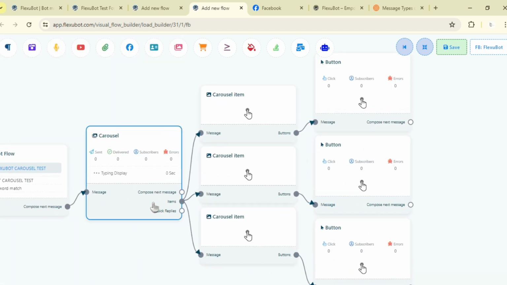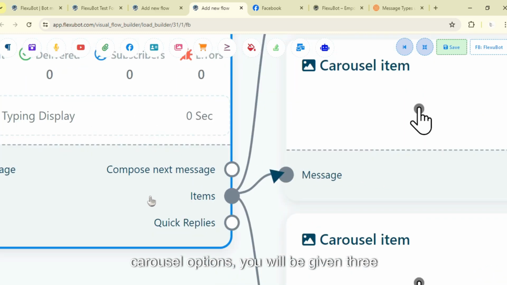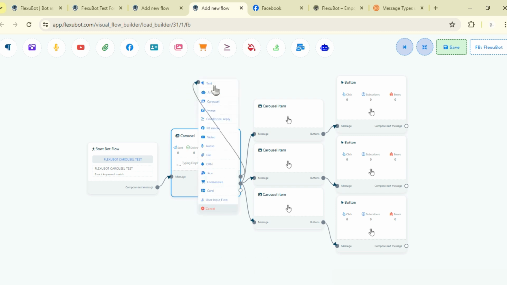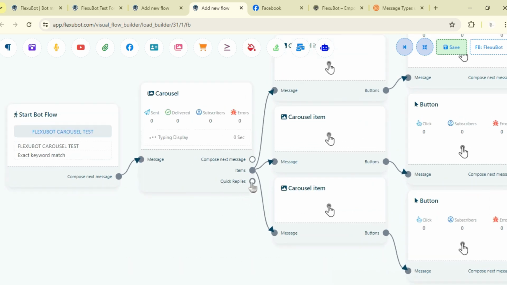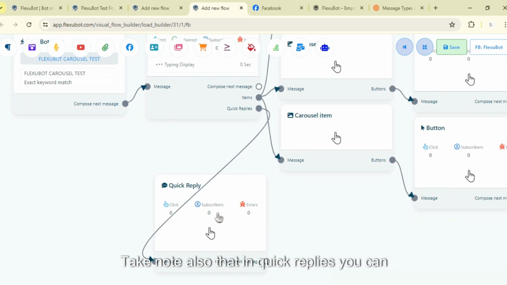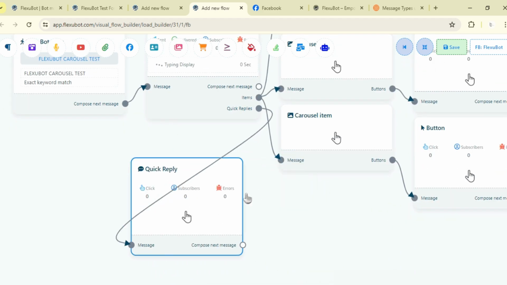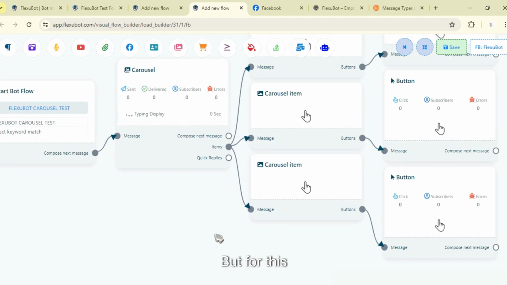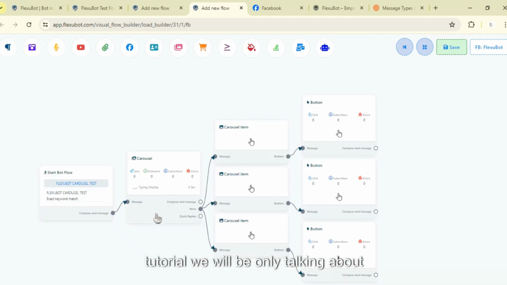Heading on to the carousel options, you will be given 3 options: whether to compose next message, whether you want to compose a new message using a text, AI reply, carousel, or all of these options, some of these options, or quick replies. Take note also that in quick replies, you can add up to 11 quick replies at a time. But for this tutorial, we will be only talking about items, since this is the main feature and the main